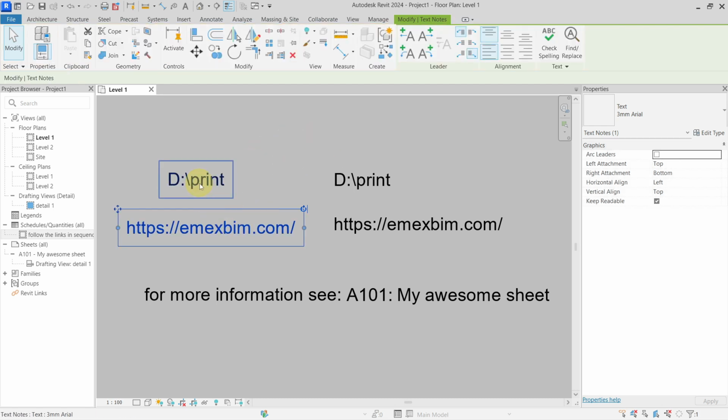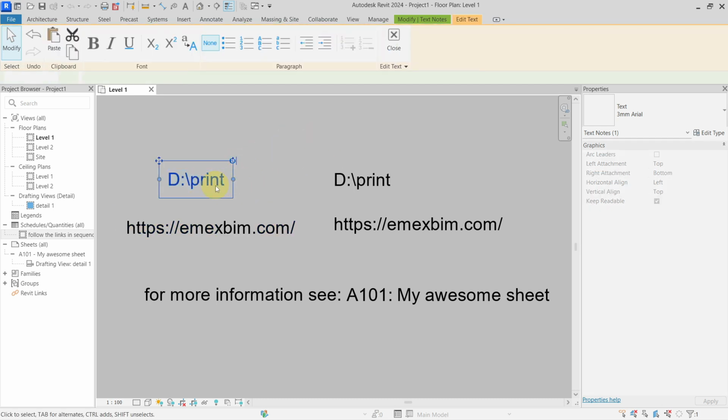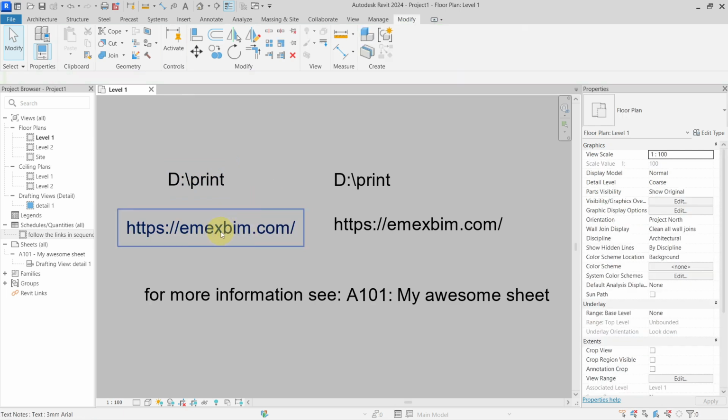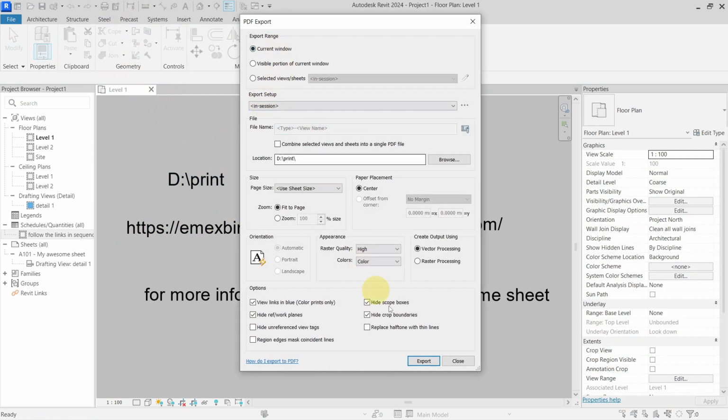As you can see, inside of the Revit project I cannot do anything. I cannot go and jump to the link. So that's all for my text nodes. But if I print them, I can actually use it. If I will now print it,